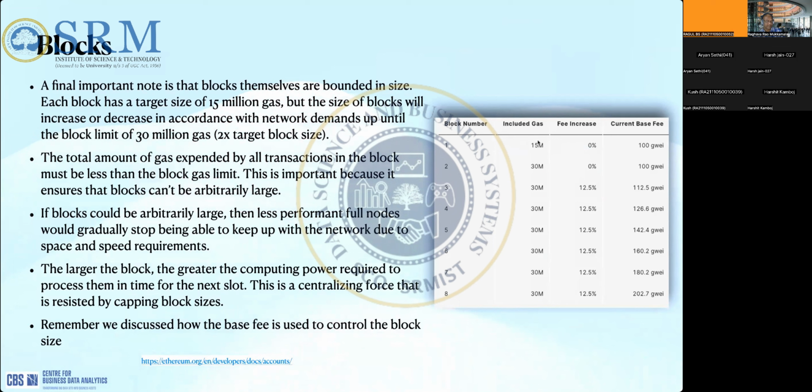This gas is the transaction fees, right? So the fees required to execute the block, that is the block gas we call it. It is not about if I'm transferring 1 ether to my friend, that is not included in this, right? This is only the amount of gas required to execute all the transactions which are included in the block, right?